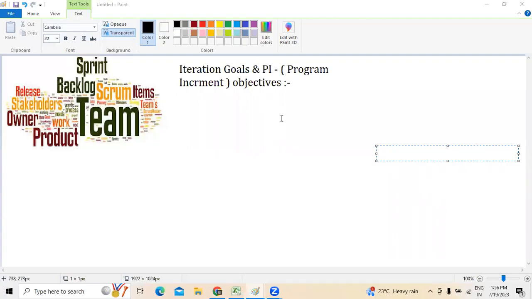Hi. In today's video, we are going to discuss how to write iteration goals followed by the PI objectives, like programming incremental objectives, whenever we are working on agile planning. As we all know,